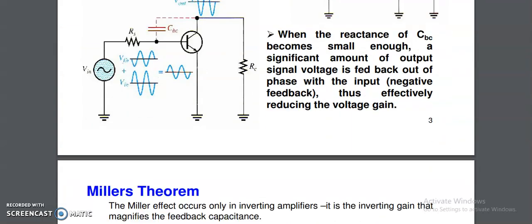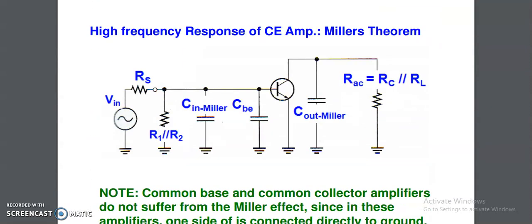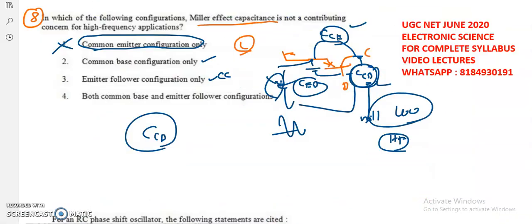While coming to the common base configuration or common collector configuration, here you can see the Miller concept. Let's take the common base. Here, CCB is a parasitic capacitance between the collector and base junction. In the common base, the base terminal is grounded, right? So the capacitance occurs between these two, and the other terminal of the capacitor is also grounded. Whenever any one terminal of this capacitor is grounded, either base or collector, it won't show any impact on the gain of the circuit. Fine. That is the case of the common base.